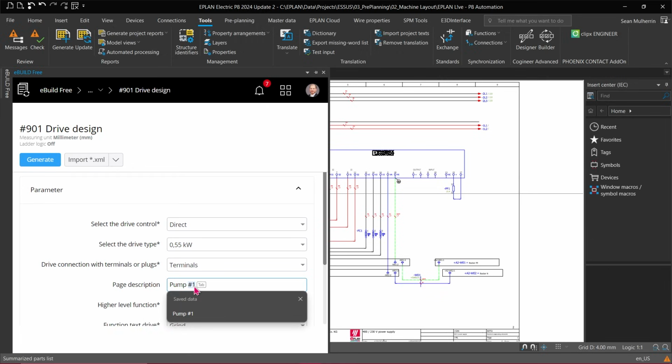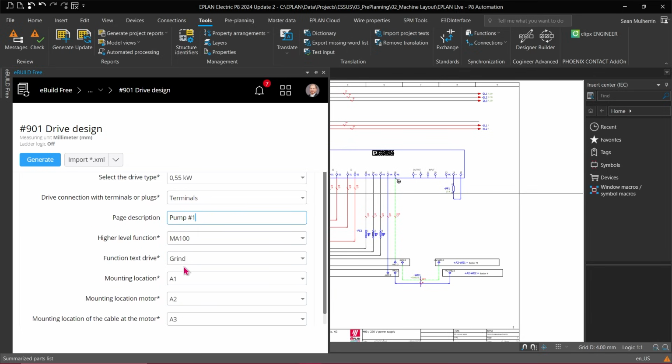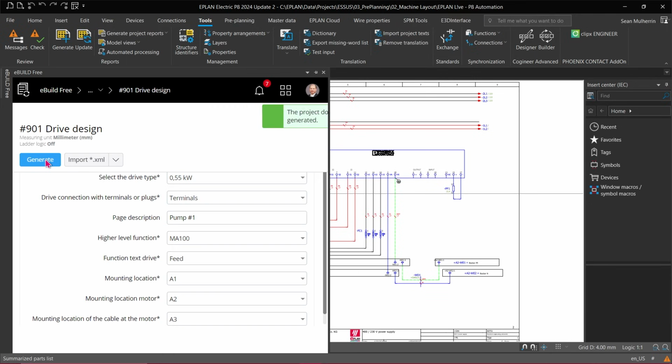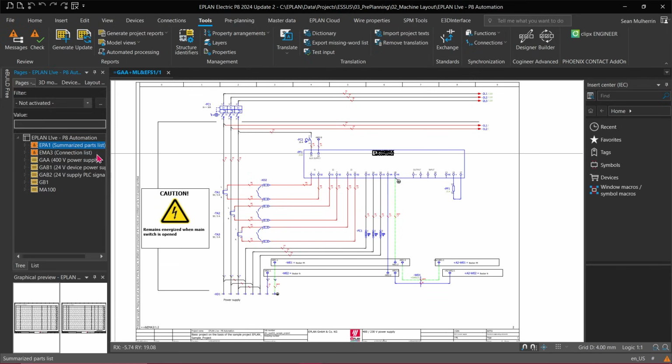And then I'm going to put a page description. So this is, for example, for my pump application number 1. So I'm just simply putting pump number 1. And the higher level function I'm just going to leave as is, and the function text is just going to be a feed, for example. Now I'm ready to generate, and by simply clicking on the button generate, now I have generated one page of motor design. And you can see here's my MA100,